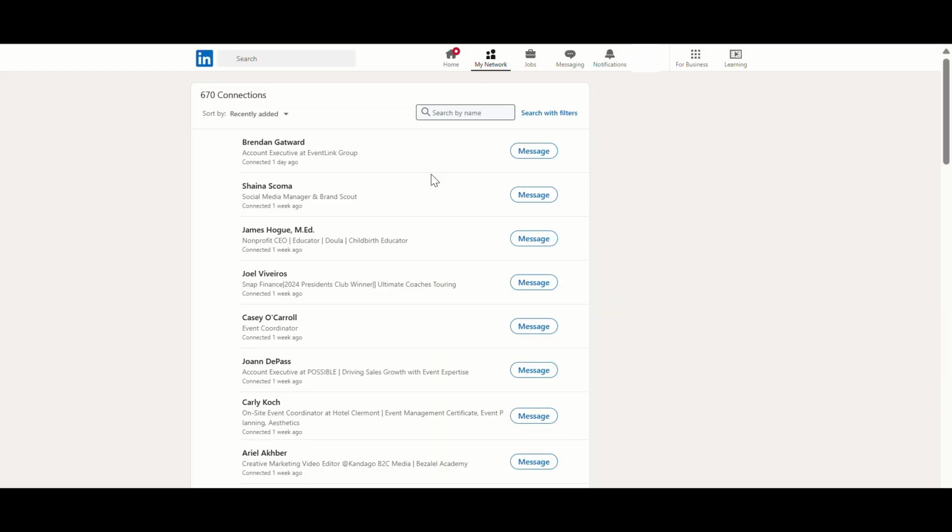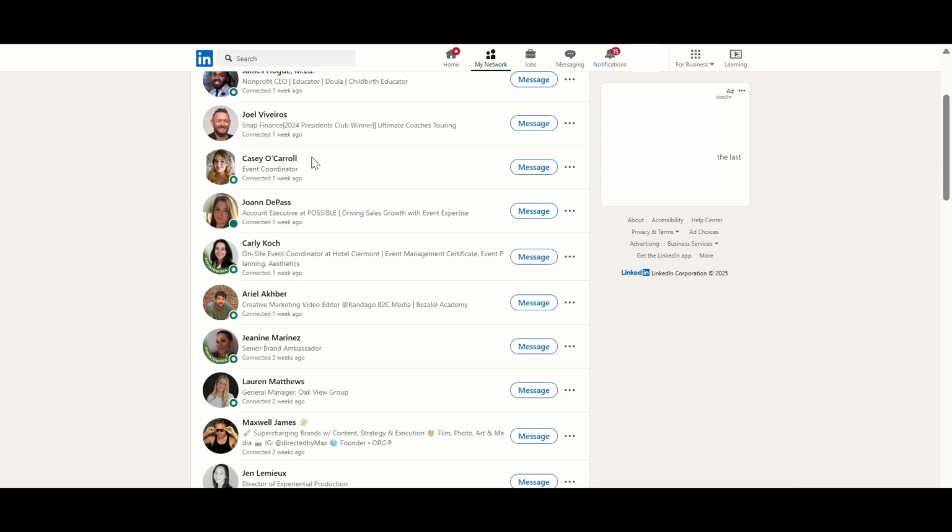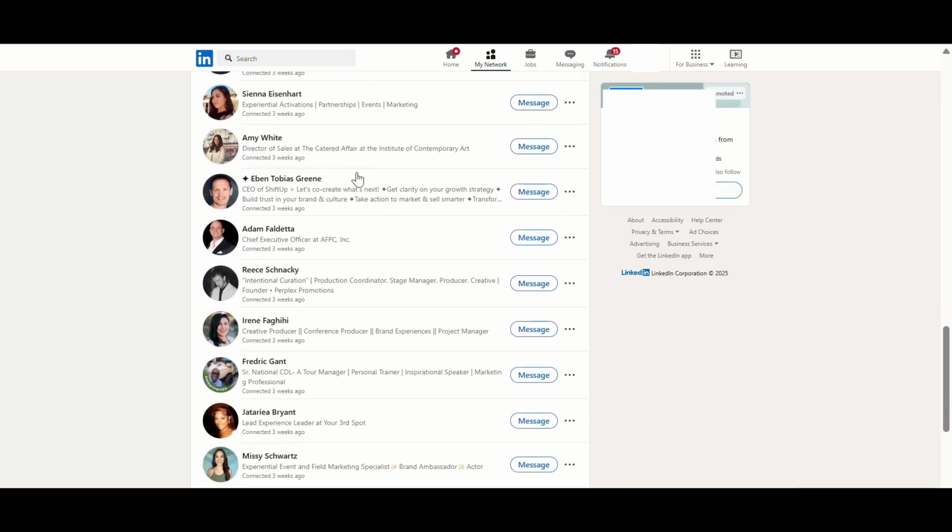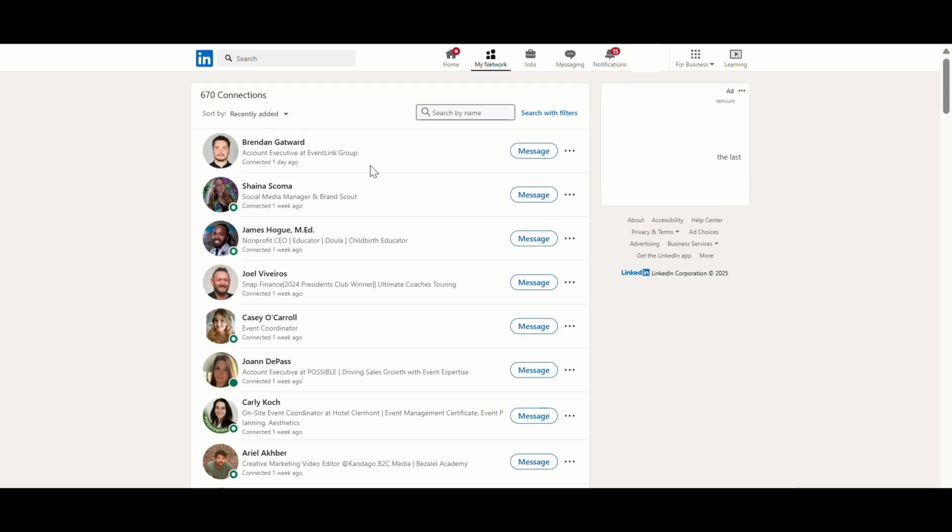Step 4. Click the Sort option to organize them by recent, first name, or last name. Step 5. Use the search bar to find a specific person, or apply filters like current company or location for